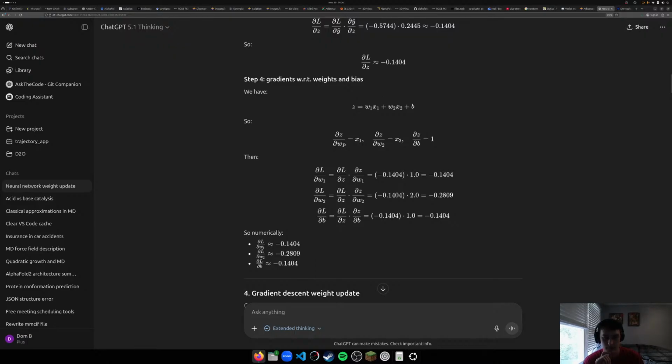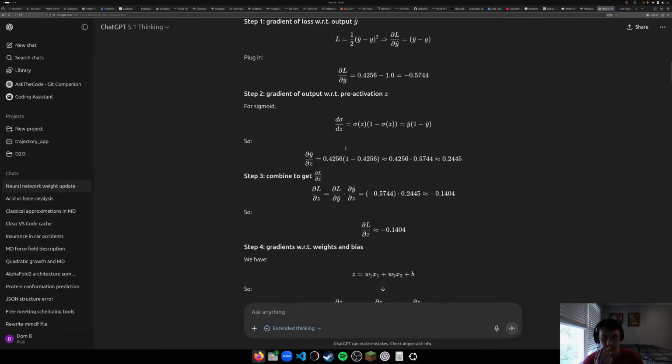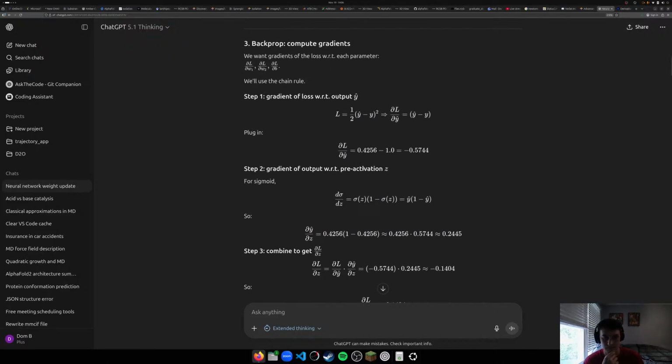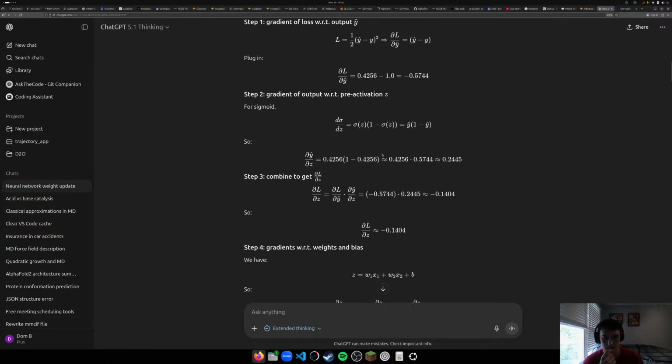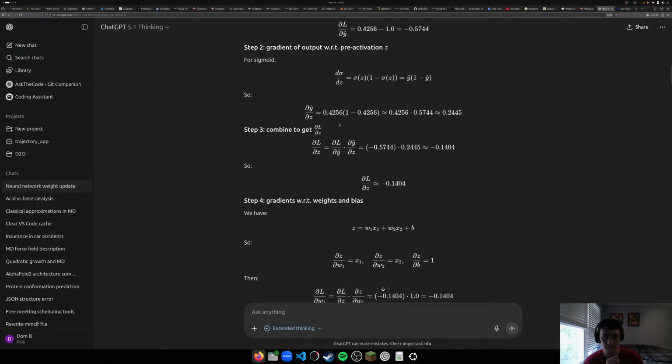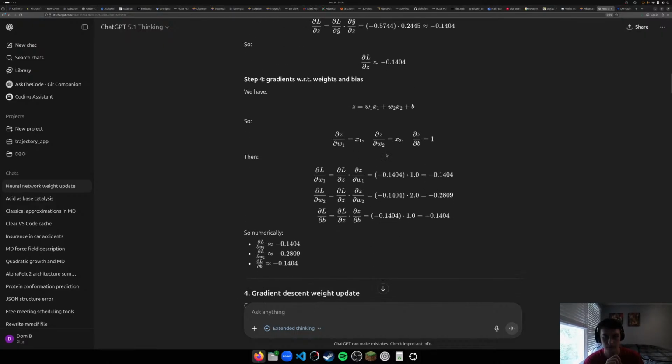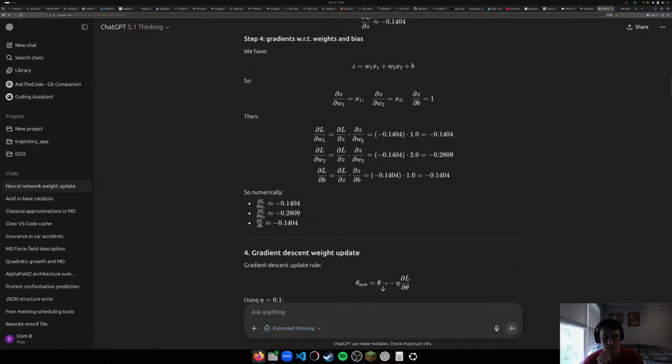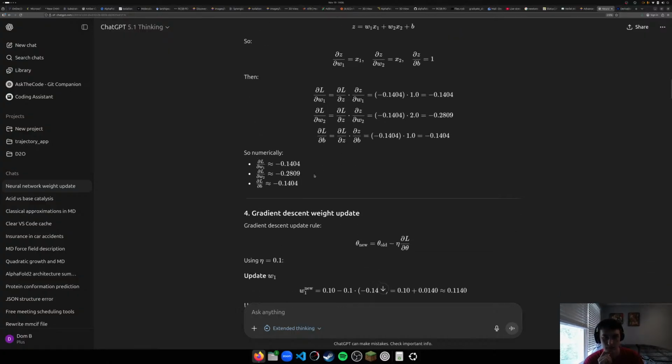So the derivative of z with respect to w, hold on. Okay. So the derivative of this is 1, which is why it's x1. Okay. So numerically,